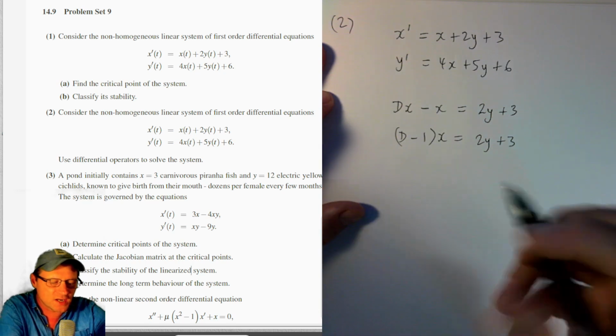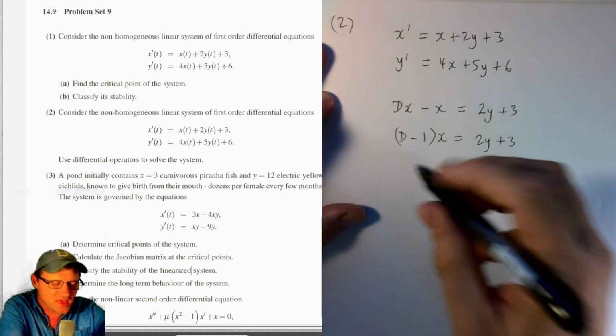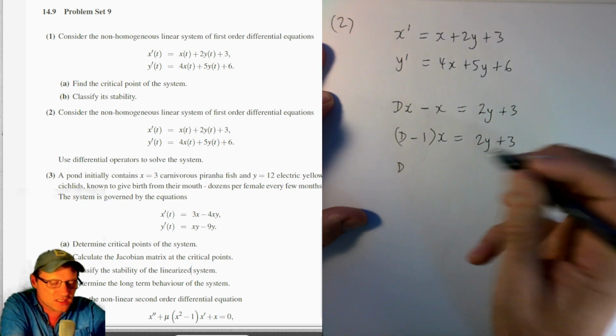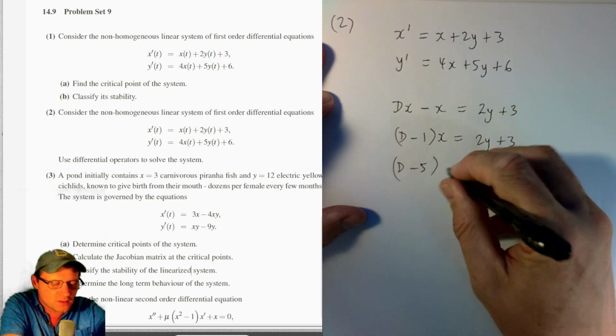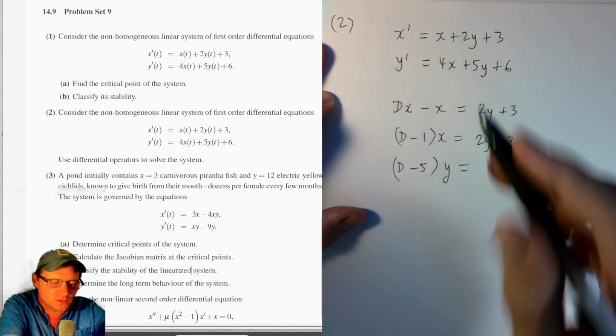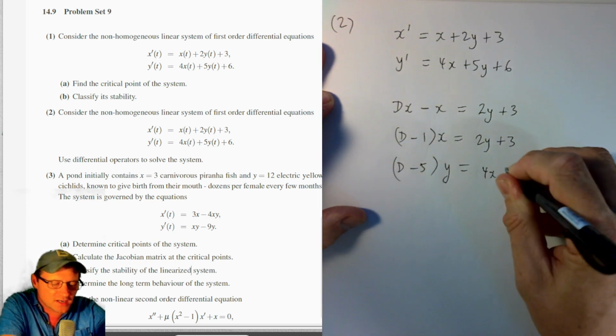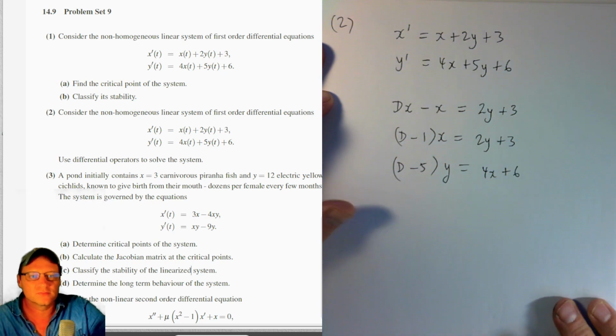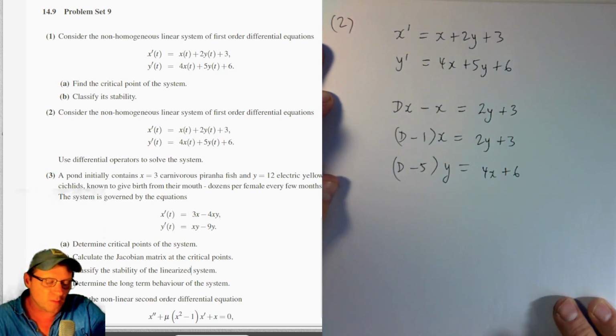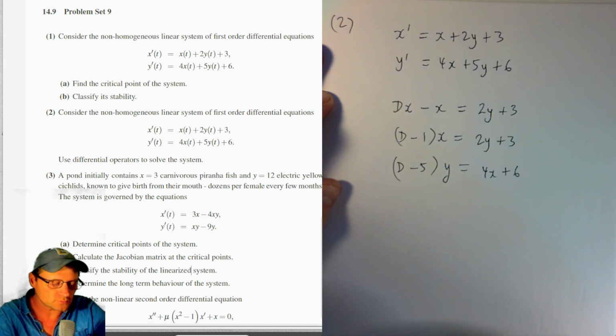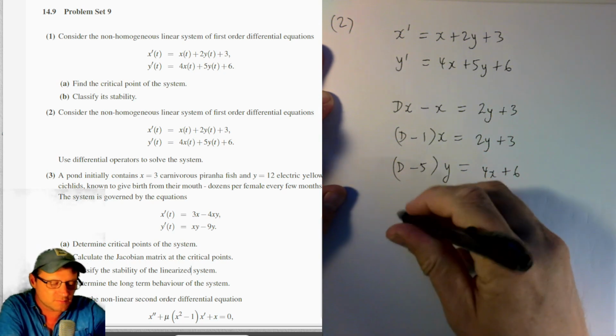Now for the second equation, I can express that as (D - 5)y = 4x + 6. Okay, now applying the differential operator D - 1 to both sides of the second equation,